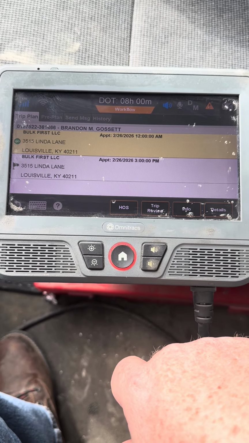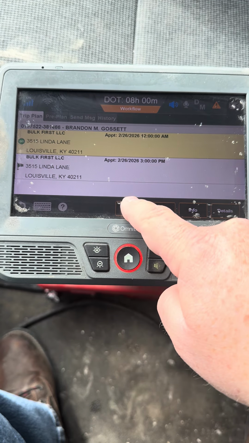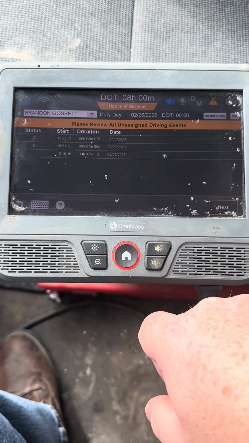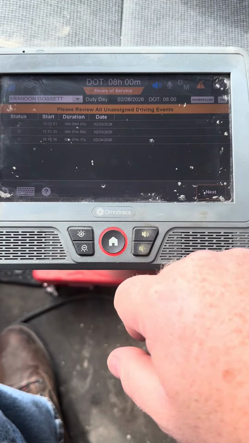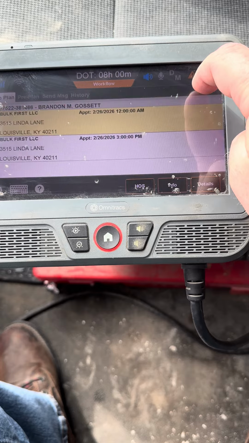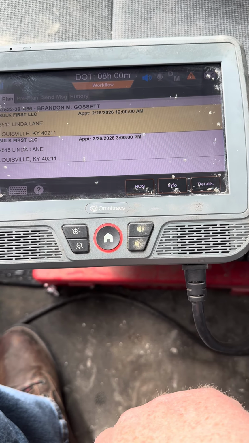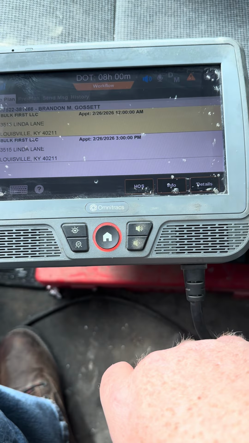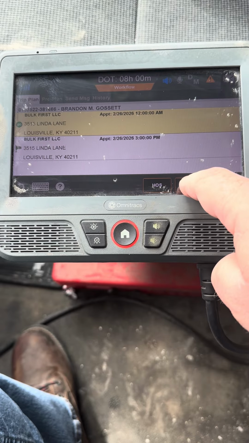Like I said, there's shortcuts. You can utilize this hours of service and it'll take you to your day log. You can hit workflow up here and you can go back to the workflow screen without having to go back to the home screen. This info button,